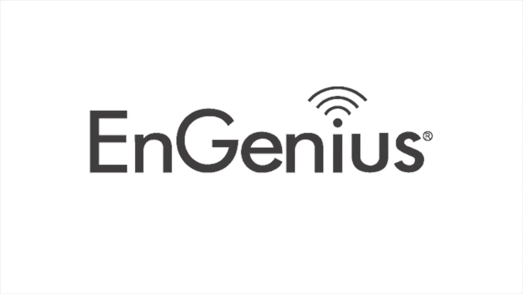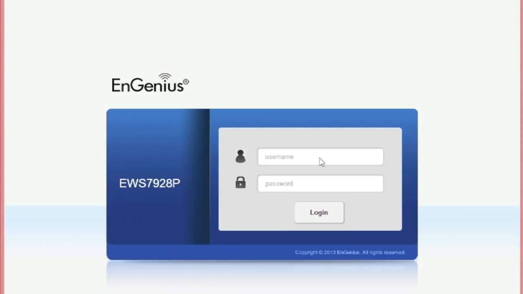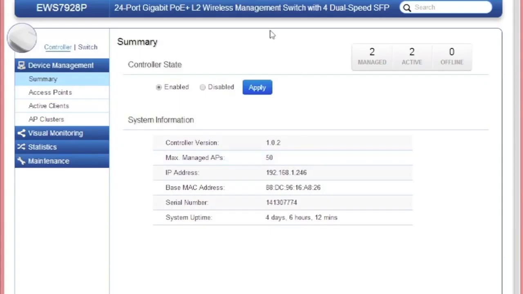Show you how to create an access point cluster, and we're going to talk a little bit about band steering and the Neutron Solution Wireless Management Controller interface. So what we're going to do now is log into the EWS 7928P, which is a 24-port switch. So as you can see, after we log in, the interface displays